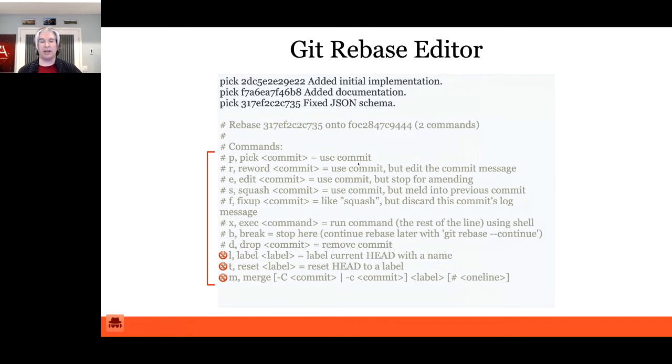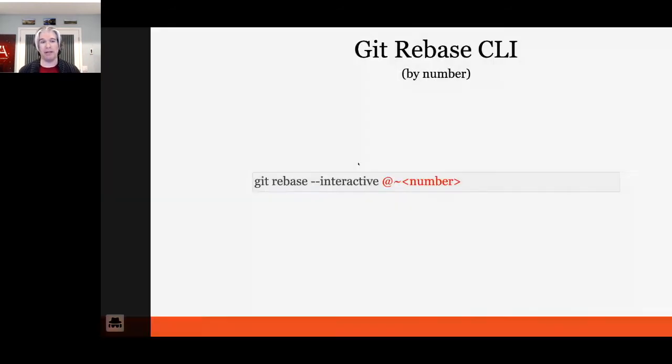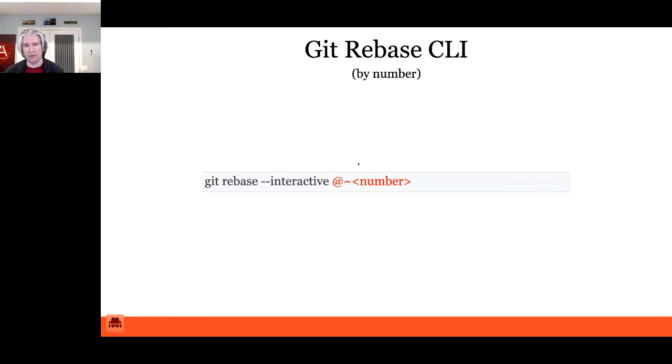Those are actually kind of special. They've been added recently into Git. But they deal with more of a merge workflow, and the purpose of today's talk is to be focused on rebase only. So before we get into those commands, though, I do want to show you how you can interactively